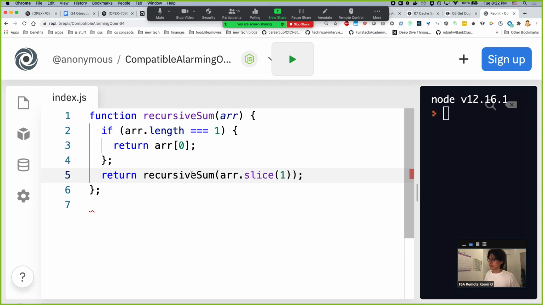Let me ask you, why can't we use splice instead of slice? It doesn't matter. You could use splice, you could use whatever you want. I think splice mutates it, though, so that might affect things. But the point wasn't to use slice. It was that you need to break down this array into smaller arrays. You could use slice, you can use